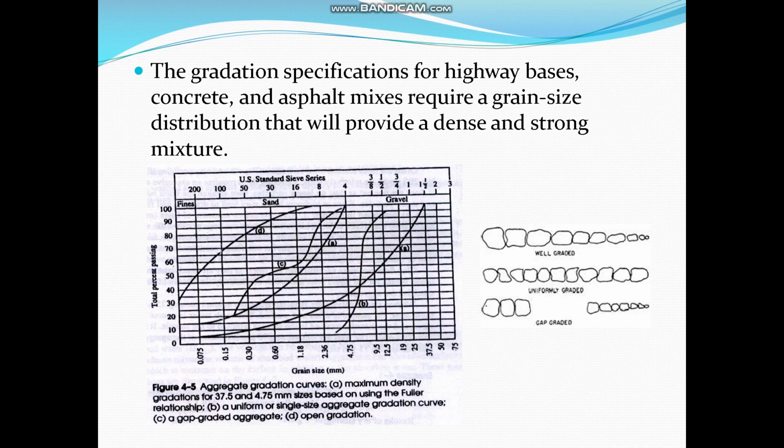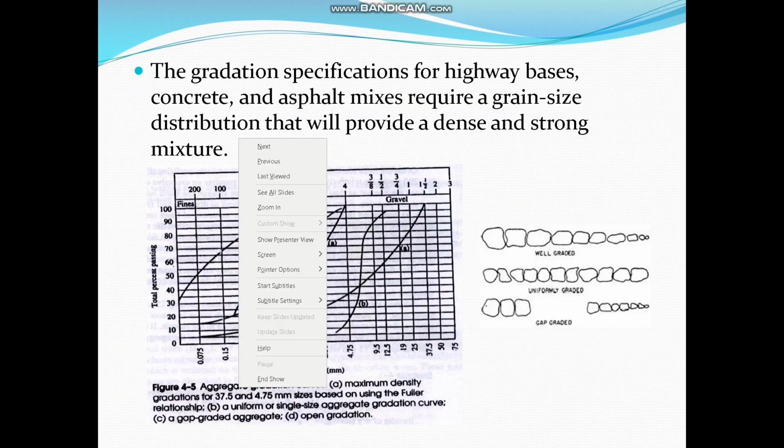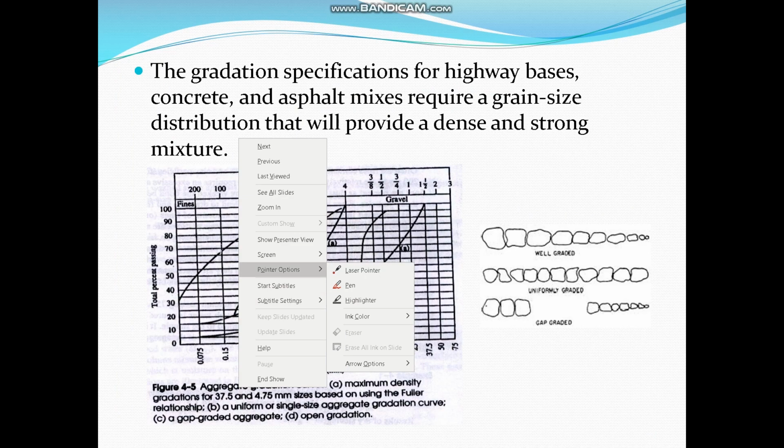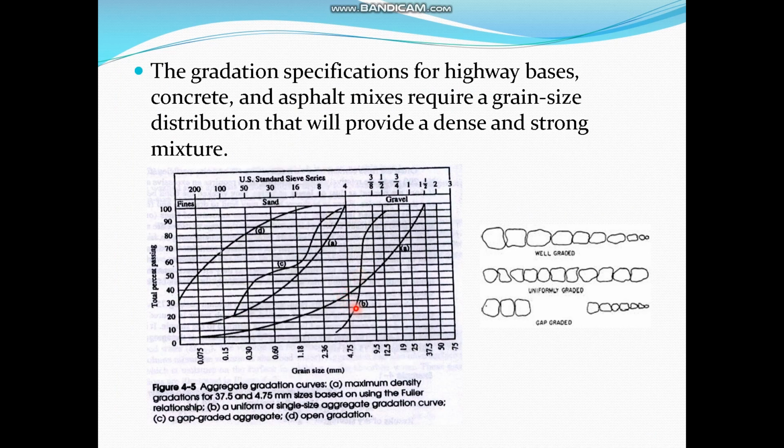A well graded curve, as shown by the curve A on the slide, is a curve in which all sizes of material are present in your sample. Then there is the uniformly graded sample, which is shown by curve B. Let me try and get a pointer here. So in gradation curve B, you can see that only one size is available, which shows that this is a